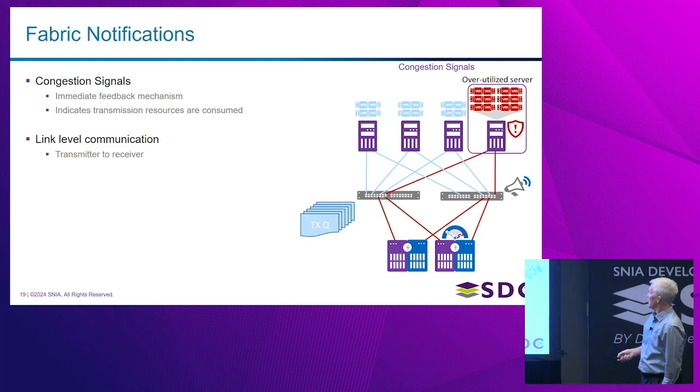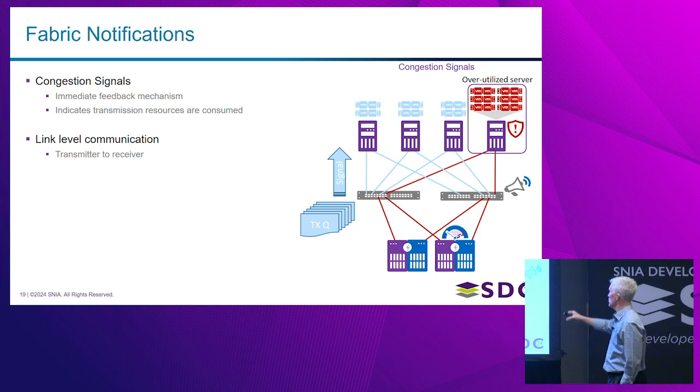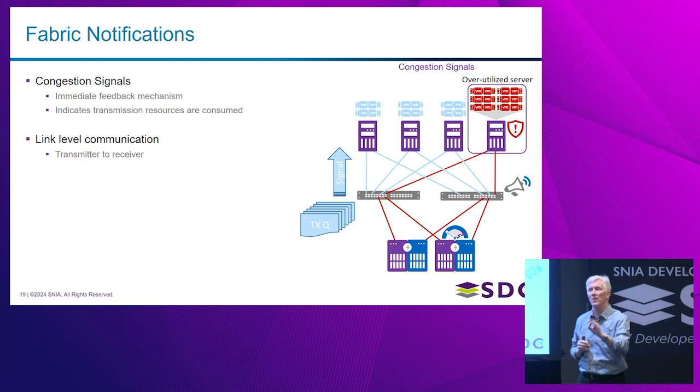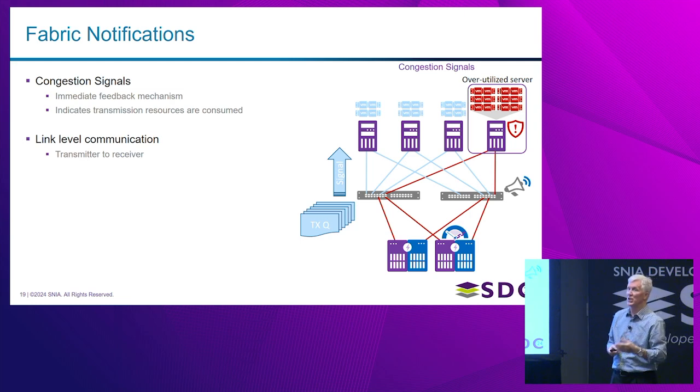This is just an example of the congestion signals notification. In the case of the congestion signals, it's between two endpoints. And the way it's working is that the transmitter is detecting that there are a lot of frames built up behind it and that the receiver needs to receive them. So he'll send a character that gets through the congestion to say, hey, I need you to make a change in behavior in order to consume all of these frames that I've backed up for you.